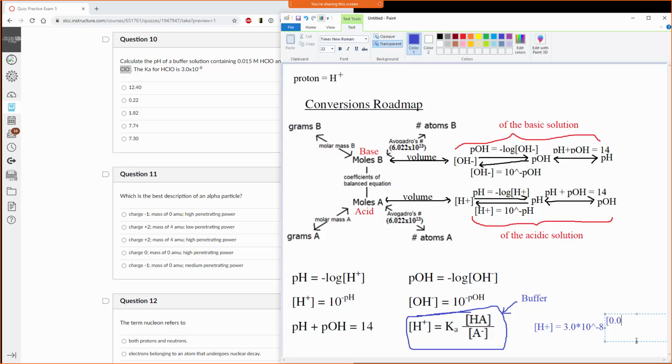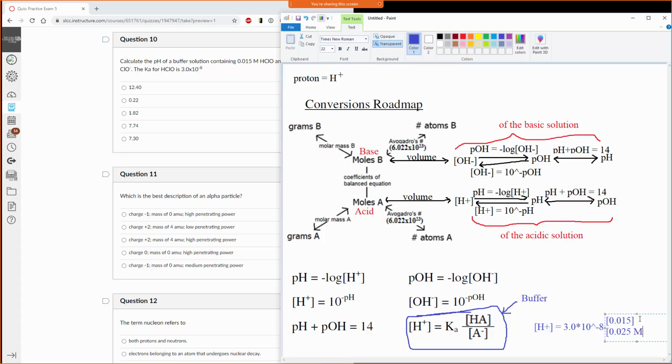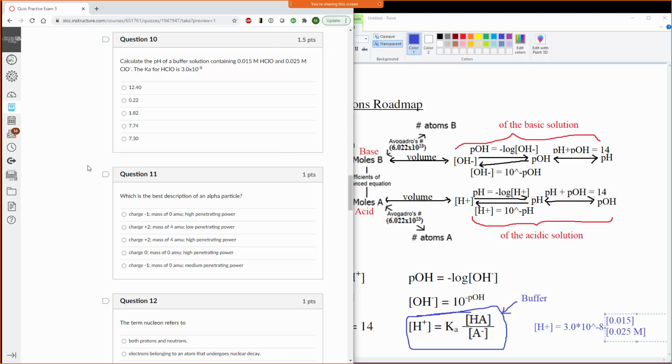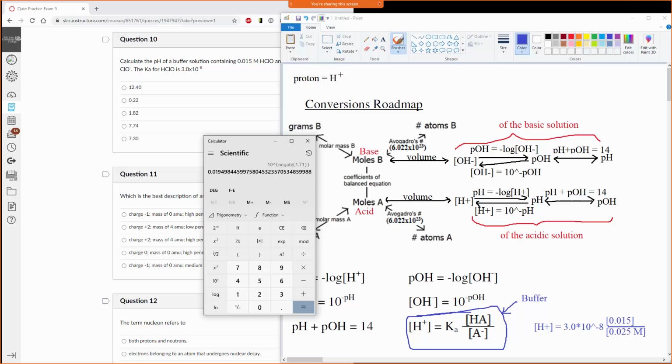So we've got 0.015 molar on top. And we have, oh, where did it go? Okay, 0.025 molar on the bottom. Yes, okay. So we're just going to plug this in. And Sarah's got the answer, but we're going to verify because we're scientists. 0.015 divided by 0.025 times 3 times 10 to the negative 8th gives me an H plus concentration of